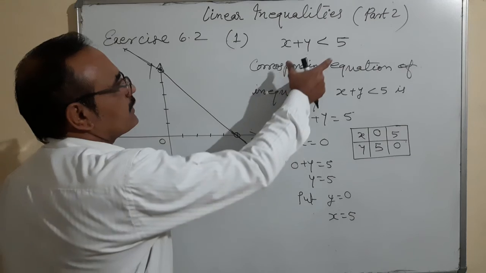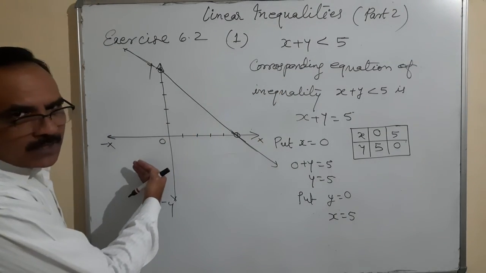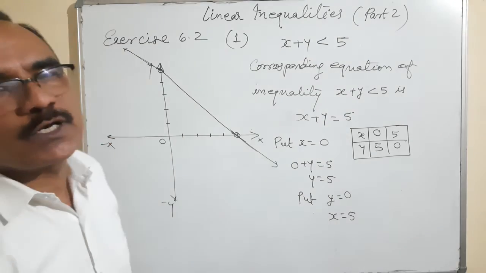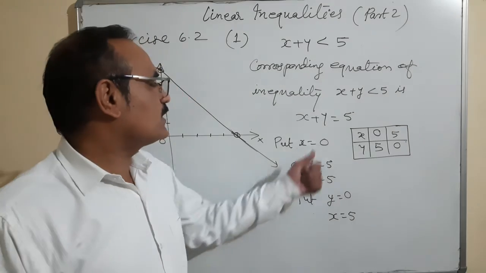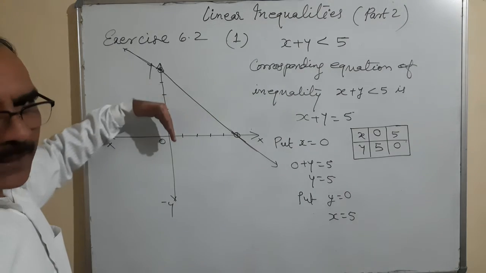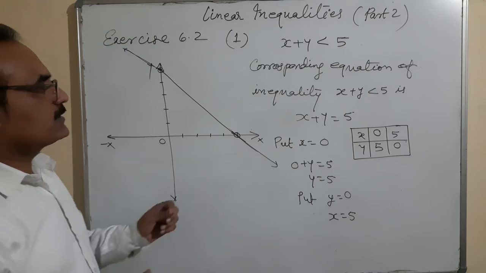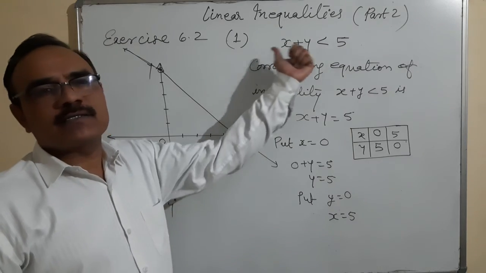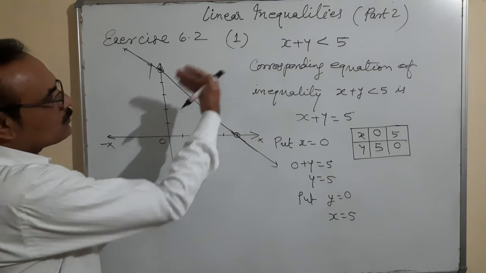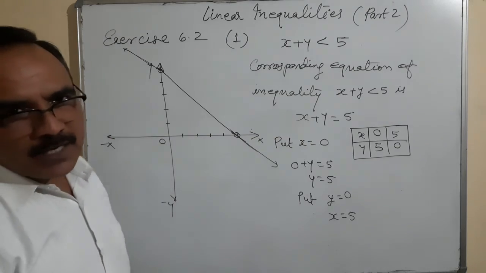x plus y is less than 5. Is this the left hand side portion of the line, or is it the right hand side portion of the line? Or on the line? On the line is not possible because on the line means x plus y is equal to 5. So we are deciding whether it is on the left or on the right part. How to check whether this is the left part or the right part? Because this is a line which is dividing the plane into a first part, a second part, and a third part, which is the line itself. Forget the third part, that means the on-the-line part.